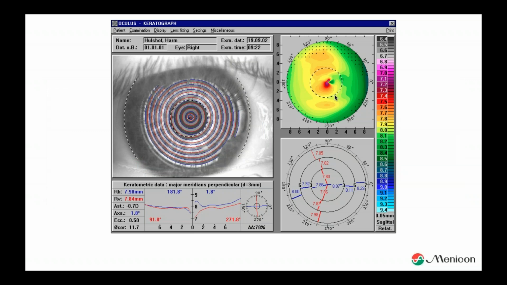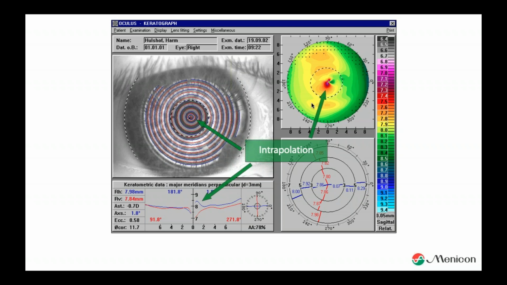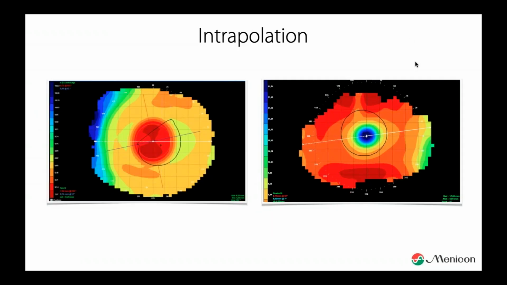Some people said to me, okay, this is for an Oculus, this is only working for topographers with a larger cone, and that's a wrong assumption as well. Why? This is from a Medmont. It has a smaller cone. It's almost pressed into your orbit, but you will see that as well.